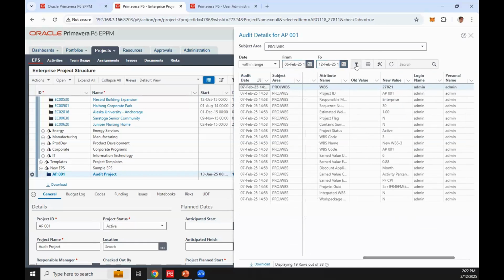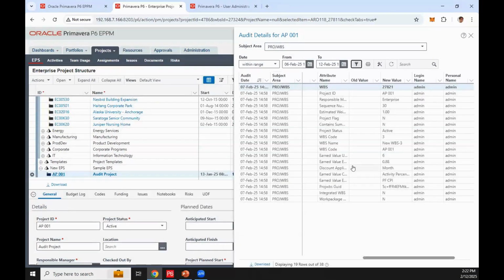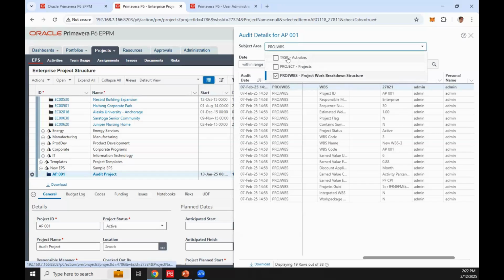And from here, you can also filter those information. If you want to focus, for example, on the activity addition, just use the filter. And also on the subject area, you can see, for example, I want to focus on the activity, the project, the WBS, and other project data.